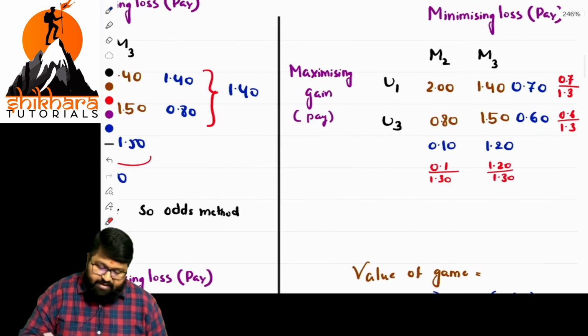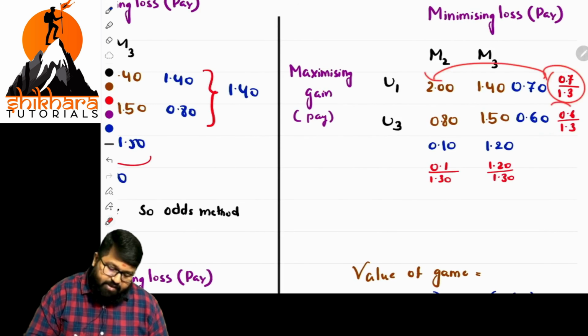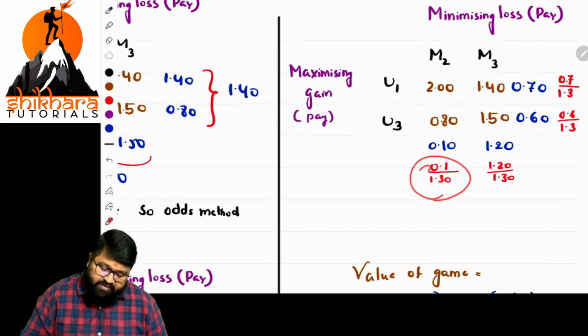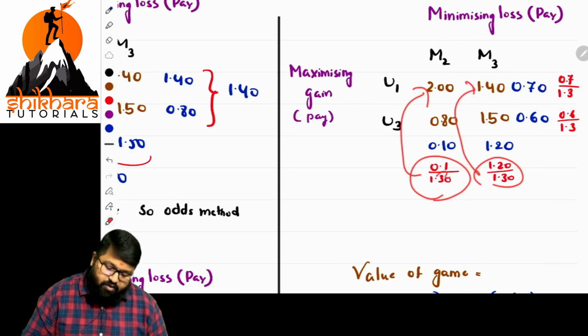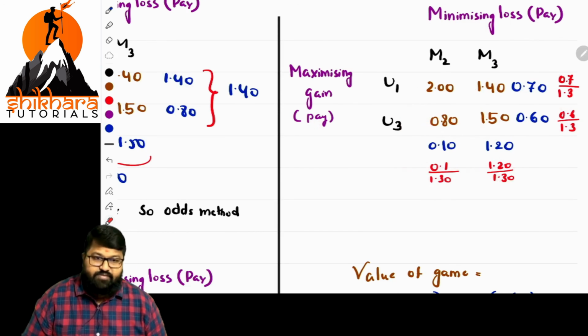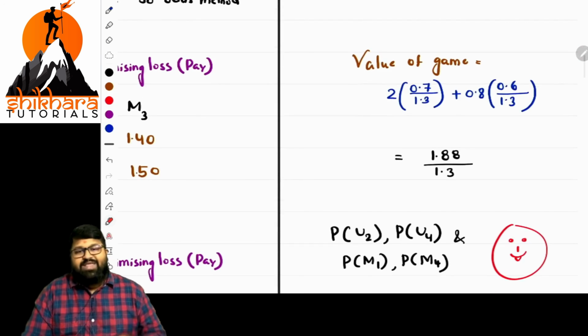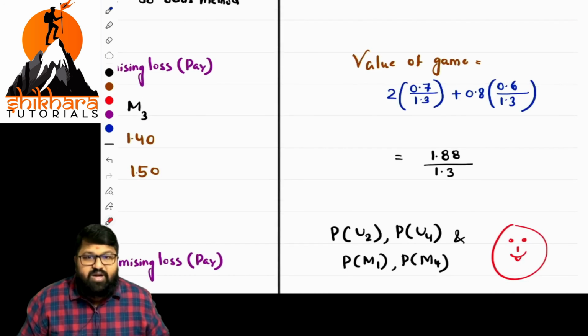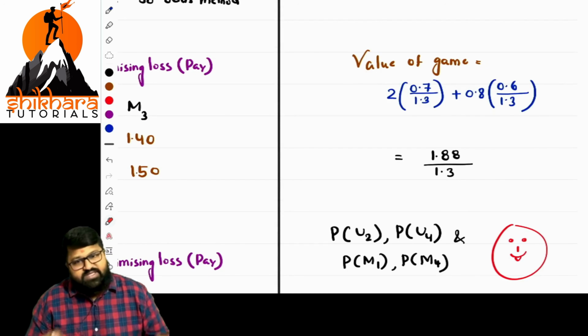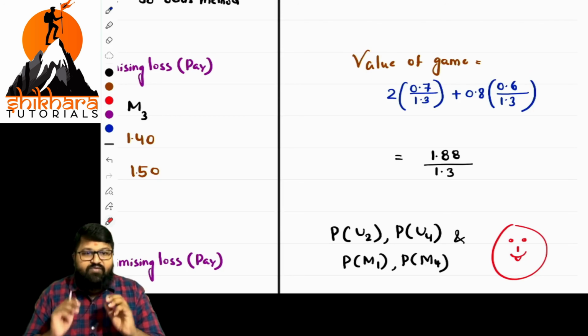You can multiply this part with this plus this part with this, or else you can also multiply with this and this. You will get the same value for sure, or even this value with this plus this value with this, or else this value with this, and you get a summation. Is it clear? If you have any doubt regarding this concept, and if you are a first time viewer of this class or of game theory, just pause the video, solve by yourself, and you can get more clarity.